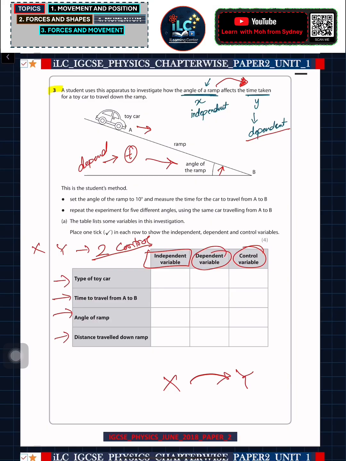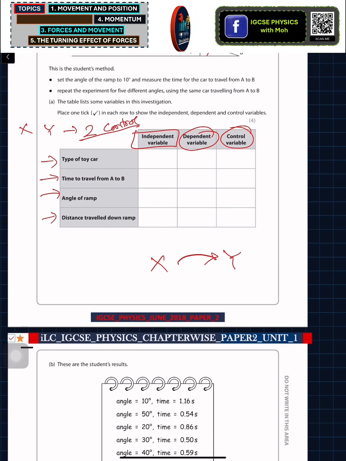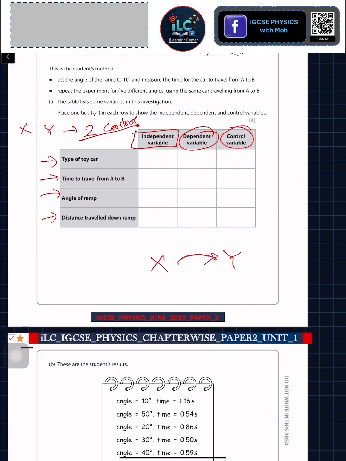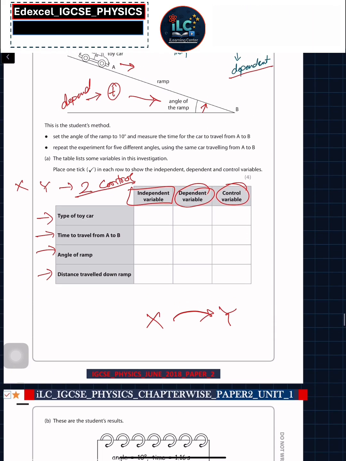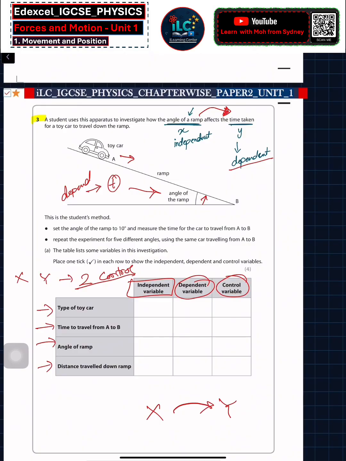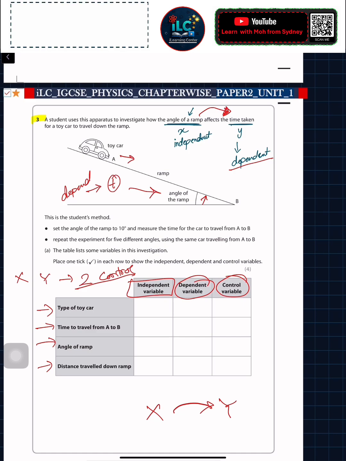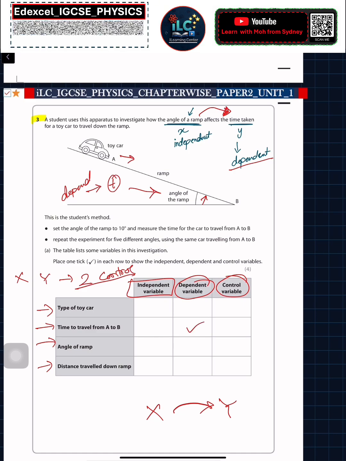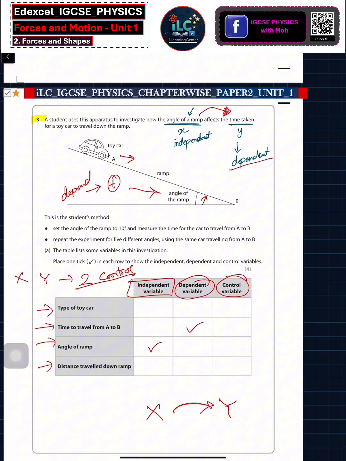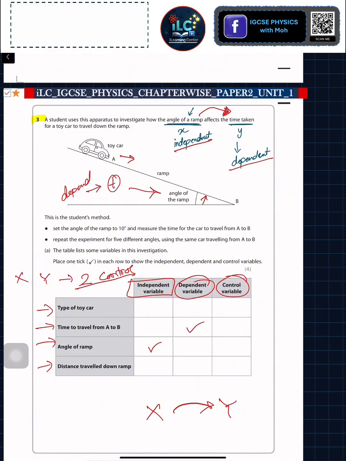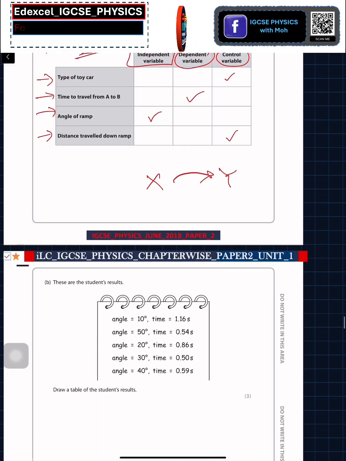So if I come back here, some of them are here, independent and dependent. So let's go through. Type of the toy car. This should be control variables because I told you already that angle and time taken. Let's do this one first. So the time taken is dependent variable and the angle should be independent, as we have discussed. And then you can just blindly say okay, the rest of the two will be control